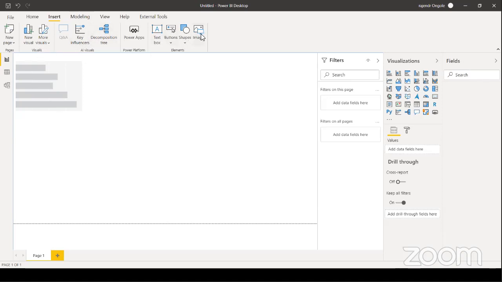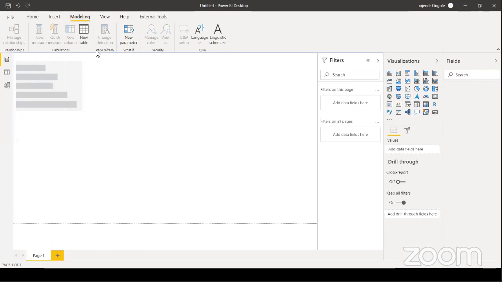So for the remaining ones, as I said, we can import any other images. Suppose if you want to give some logo to our report, we can import some images by just clicking on this option. And coming to this modeling, here only, if you want to get some hidden insights or